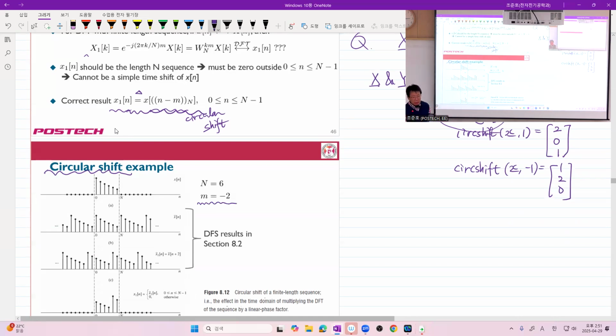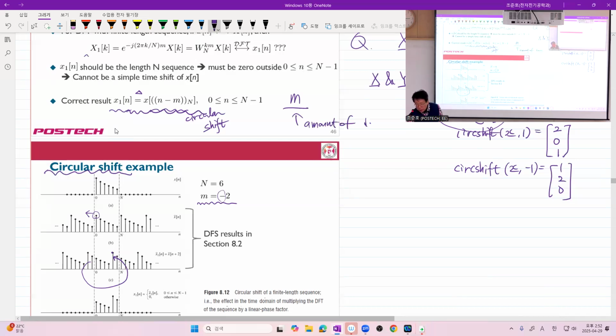Here, the example shows upshift because we have -2. As you see, this one is shifted that way, got it? And circular shifted and appears here, got it? So the notation is correct. So here this M is the amount of